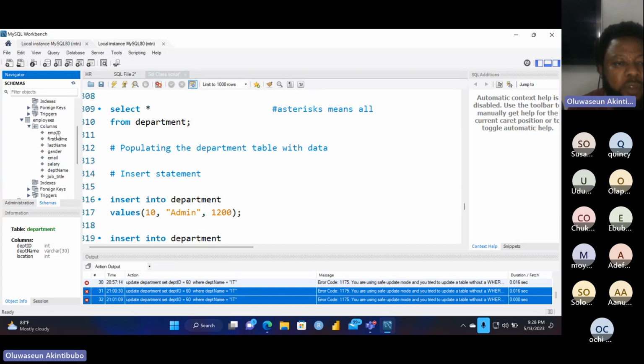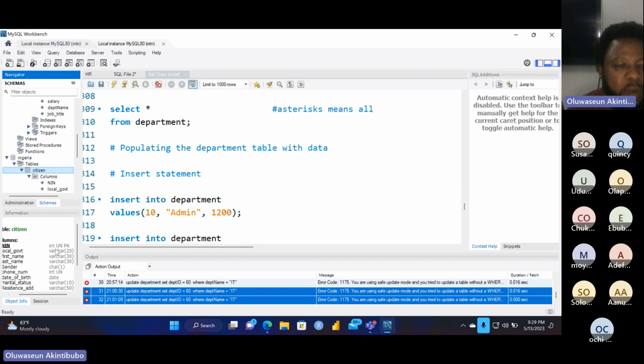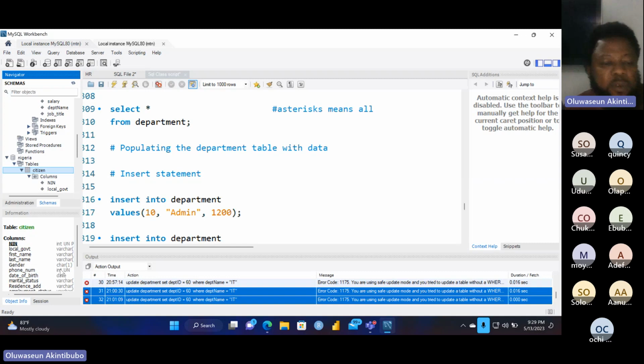Right? Employees table. How many? 1, 2, 3, 4, 5, 6, 7, 8. Right? Or we'll look for, I think, yes, the citizens table. I think that's a more structured table. Citizens table. Right? It has all the necessary constraints. Awesome. So we'll probably be using the citizens table or the driver's license table for our assignment,